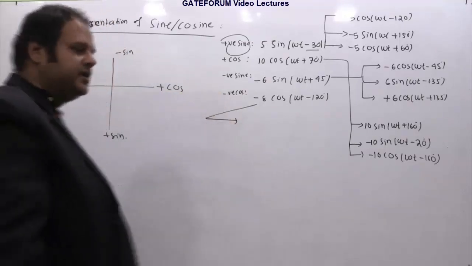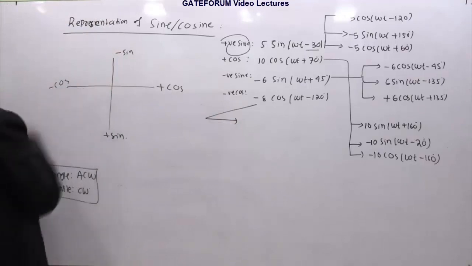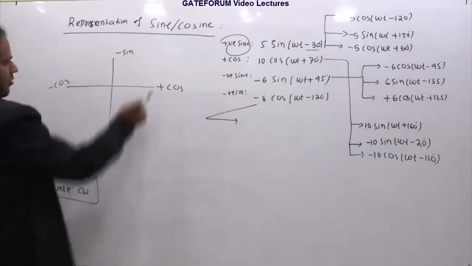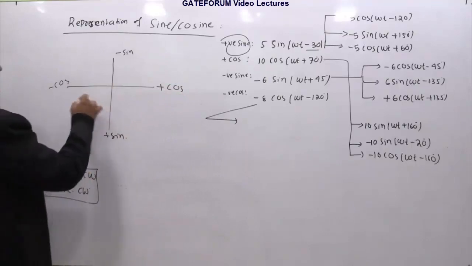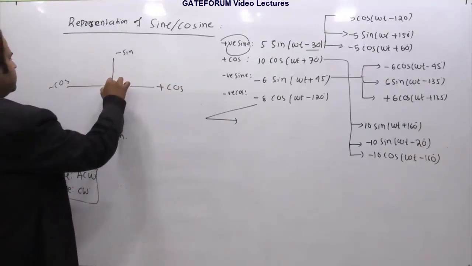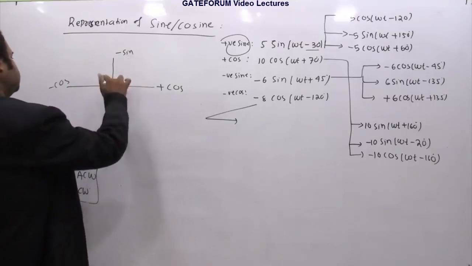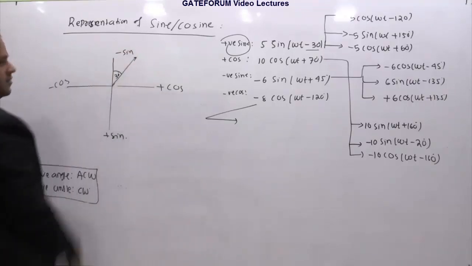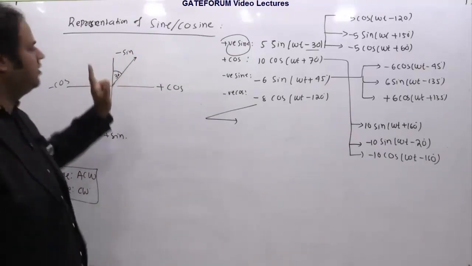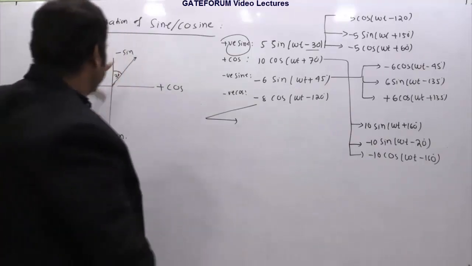And here it will be omega t minus 120. So minus 120 from here. This is anti-clockwise, this is clockwise, because minus 120 is a negative angle, so it should be moving clockwise. So this is 90 and 30. So this is what it should be. This angle is 30 degrees. So from here 90, 30, 120. Okay. And this length will be your 8.